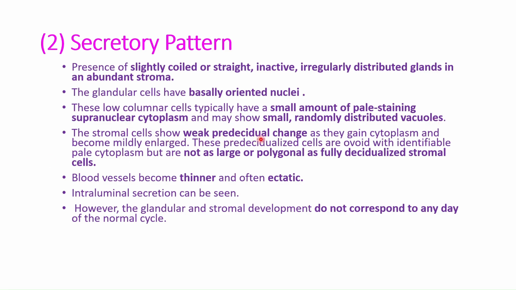Stroma shows weak pre-decidual change, with mildly enlarged cytoplasm, and they are ovoid in nature as compared to the large polygonal cells in fully decidualized stroma. Blood vessels are thinner and ectatic, intraluminal secretion can be seen, and these changes do not correspond to any day